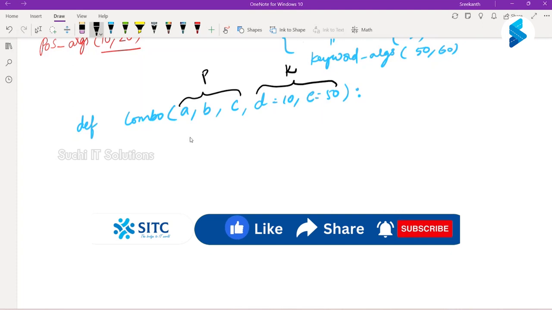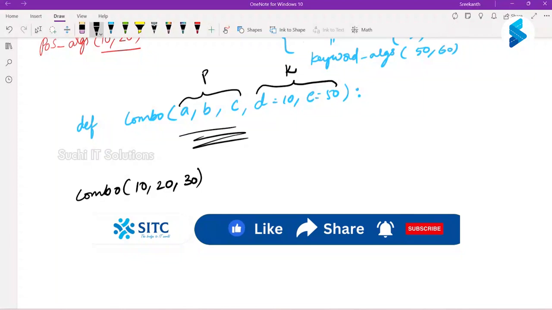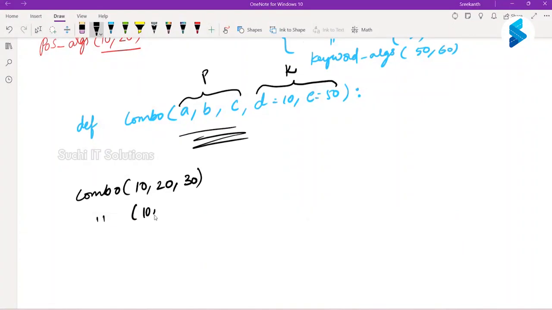Right. So if I'm calling this function, how many ways can I call it? What is the minimum number of parameters required to execute this function? 3 parameters, because my positional are 3, I should ensure that I pass 3. I can ignore the rest, or I can pass 10, 20, 30, 40. Now this gets replaced with 40, right? Or I can call it